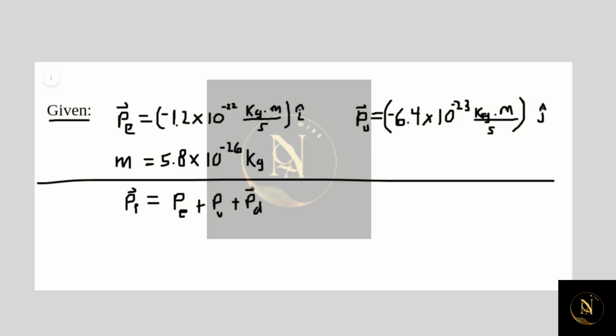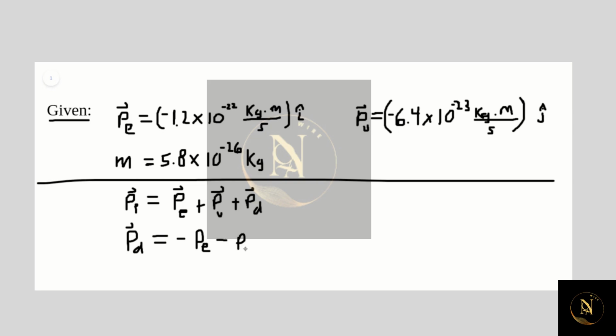And these are also all vectors. Well, we said that the parent nuclei has an initial momentum of 0 since it's at rest. So the daughter nuclei, P sub D, is going to be equal to minus P sub E